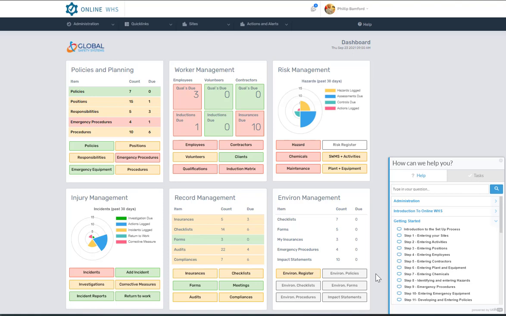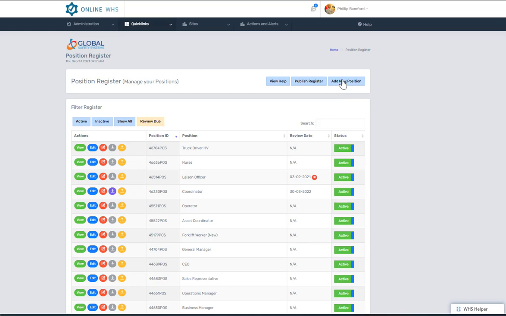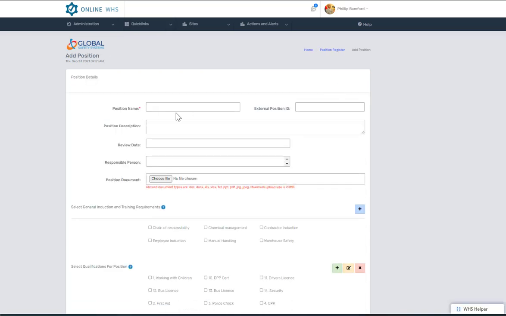Step 3 in the setup is entering positions. This register is a very unique register because it links to so many other registers throughout the system. So let's select positions. You can add a position, enter the position name, which is the only mandatory field in